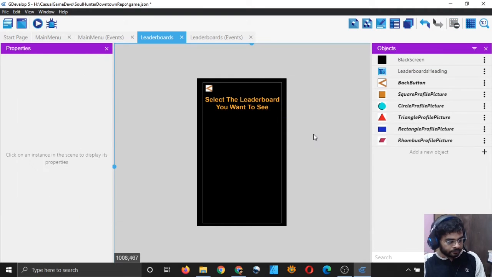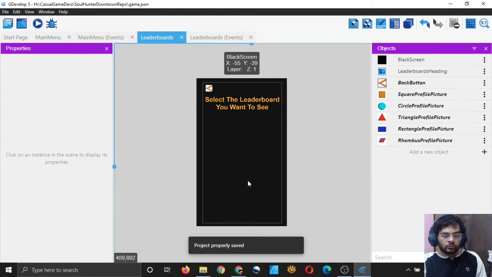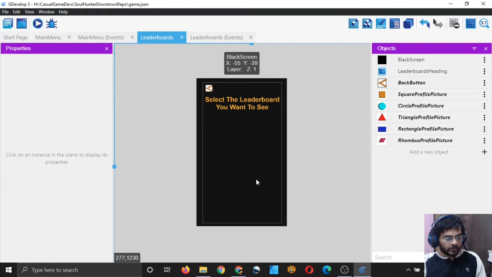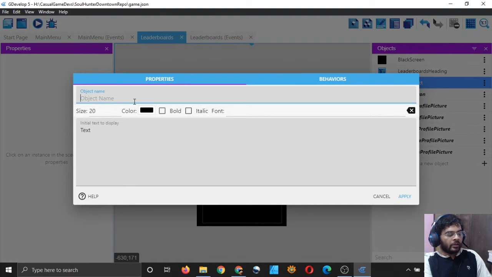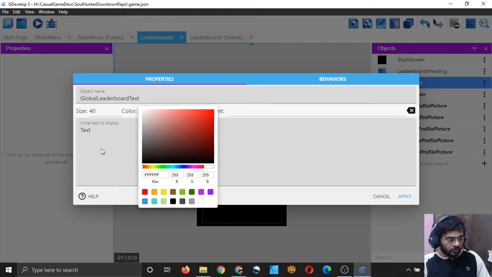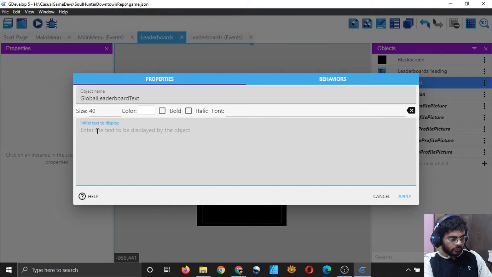Below it we will add two text objects which will act as buttons. I will add one of them, and this will be the global leaderboard text, and I will give it a size of 40. The color should be white, and it should read display global leaderboard, and you can make it bold.